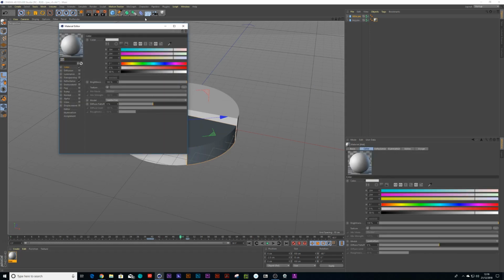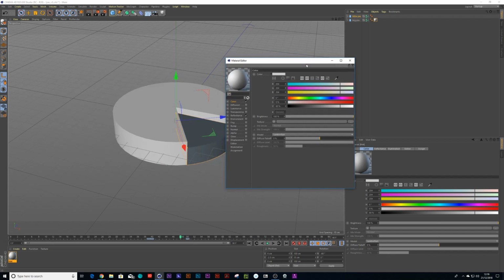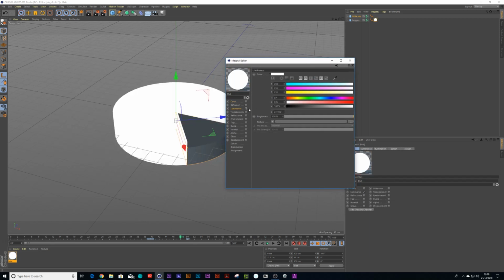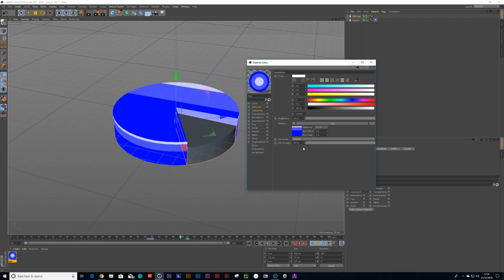Now, if you just want a flat shade, which is what I'm going for, that vector style look in After Effects, you can go and use your luminance channel. So you turn these off, turn your luminance channel on, and it makes it fully white. But we want to have two colors. So if you go into your texture, scroll down to Sketch and Toon Cel, you should now get some color